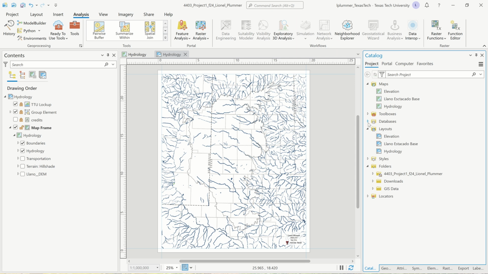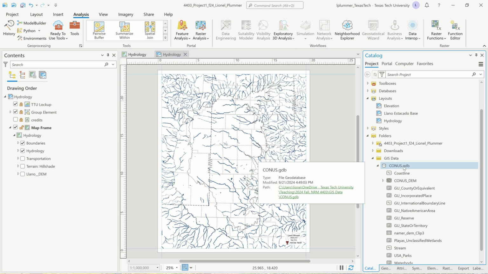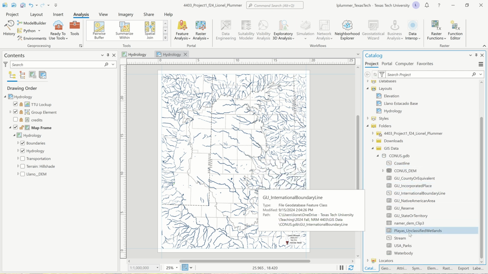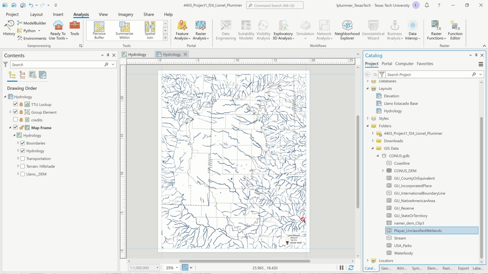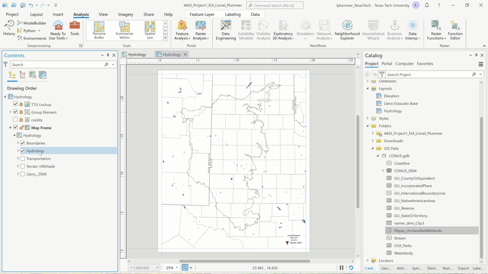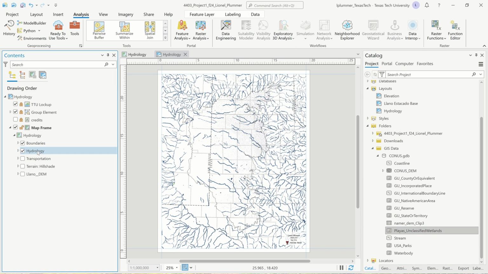And in your GIS data folder, open your CONUS geodatabase and add the playas, okay, the unclassified wetlands, okay? So we'll need to just put it in the hydrology folder. If you're having trouble with that, you could just do that over in the map view. Okay, now let's open up hydrology